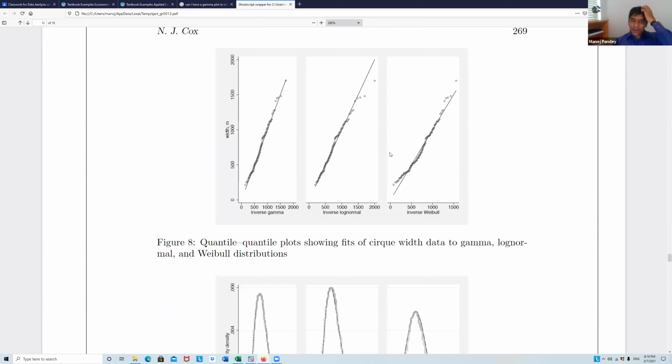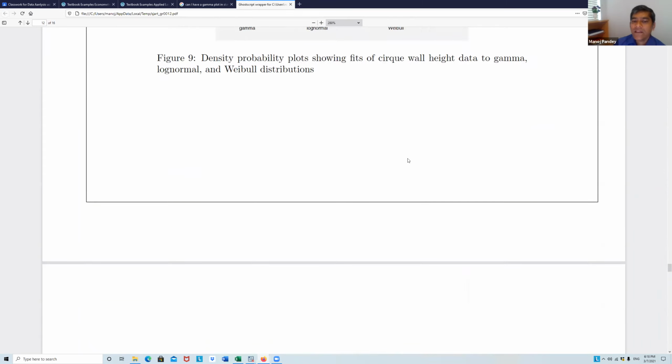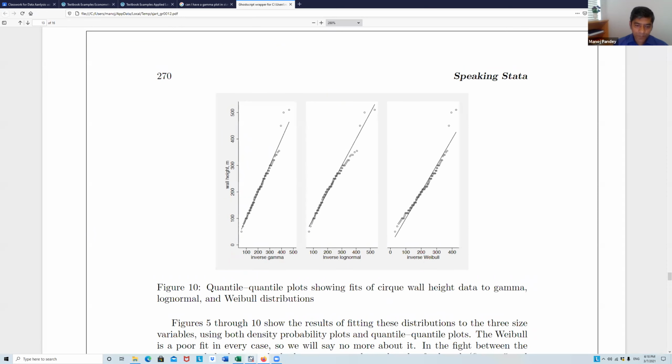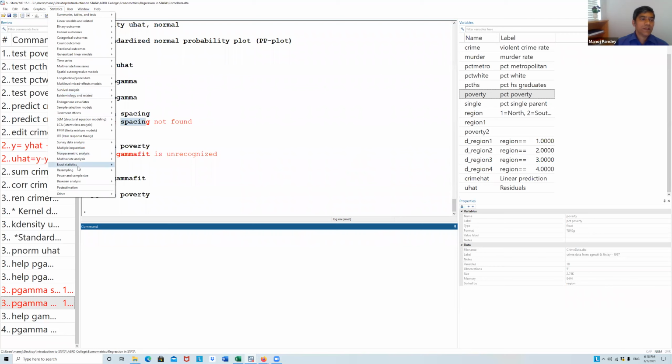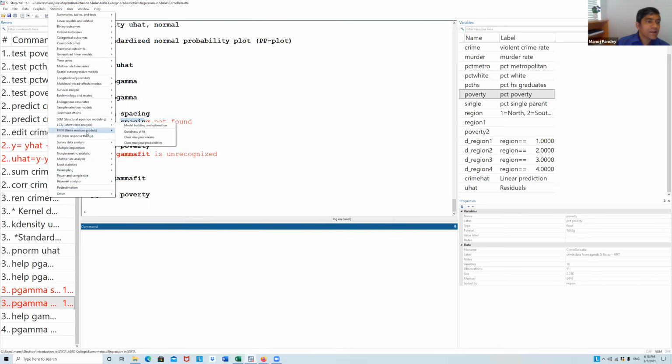When I was doing my MPhil in biostatistics, we did a lot of Weibull distribution, gamma distribution, log normal distribution, because in reliability and also in biostatistics, you use these distributions more often for survival analysis and so on. So in Stata, definitely it is possible. Stata also has, I think, a section like biostatistics, where they call it